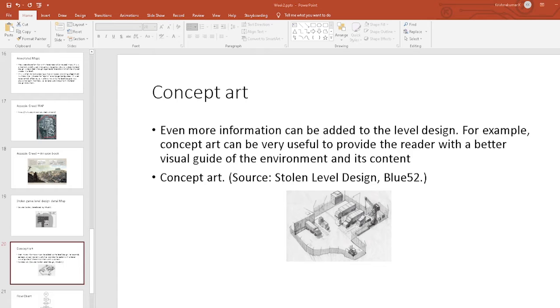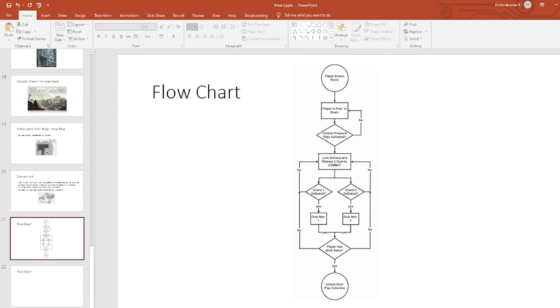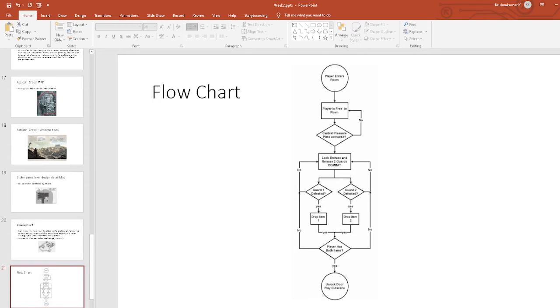So for example, flowchart. You can see that this is a flowchart. To avoid the clunkiness which is present in an annotation map, we can express this level design progression as a flowchart. There are many positive things with respect to the flowchart. We can create and modify quickly. It is also very important that it is very flexible. They are much better able to express conditional data, logical checks, all these things.